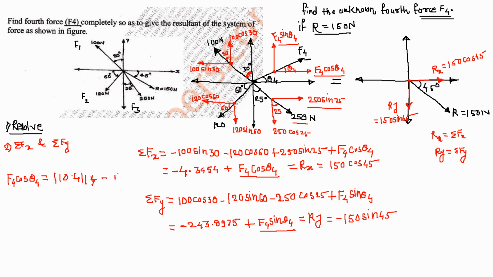So you can take this equation 1, and from second equation, that is the summation Fy is equal to minus 150 sin 45, we will get F4 sin theta 4